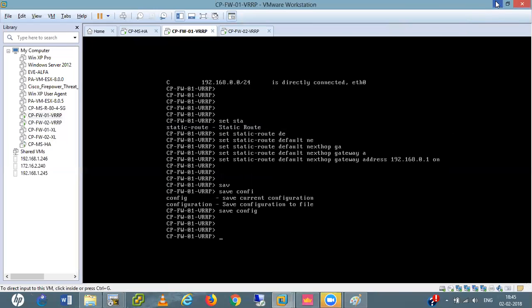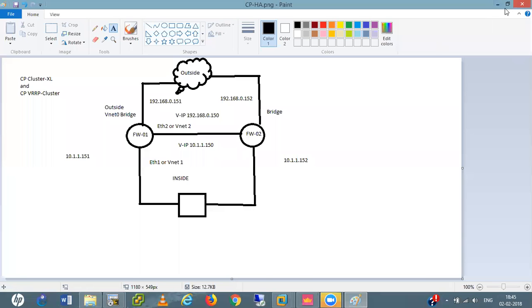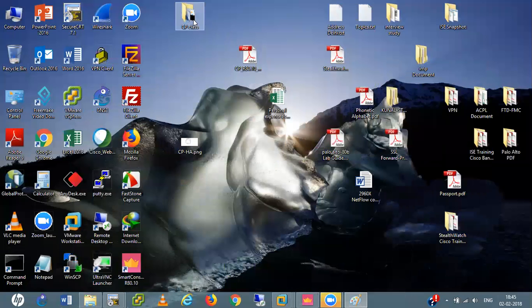If you want to see all the interfaces, I always forget that command.